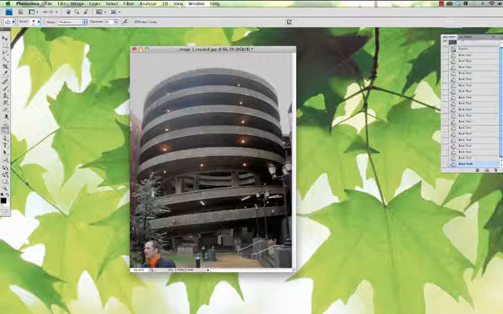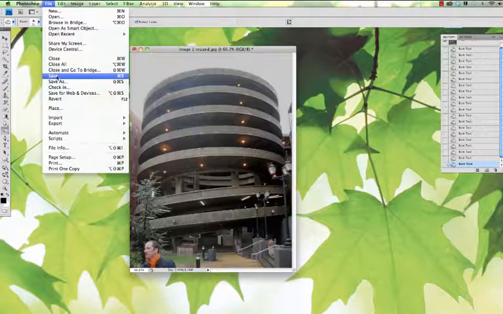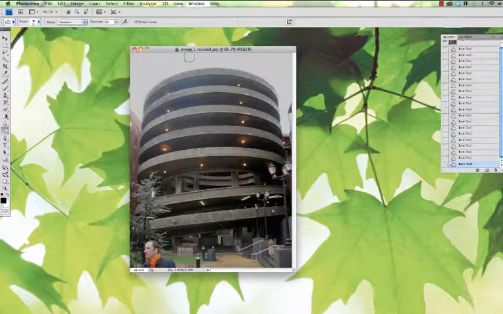Once you get it to where you like it, you're going to want to go to File and Save. And that's it. It saved that resized image. Our original image does not have these color corrections applied to it. Of course, if you want an image that's color corrected and large scale and then resized, you would do all of this, and then the last thing you would do is resize the image and save as. However, for our purposes, we just want a small image that we're going to post on Blackboard,